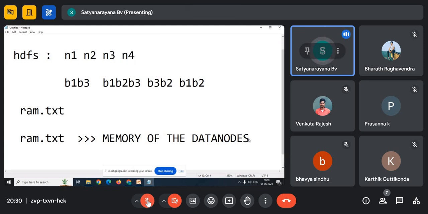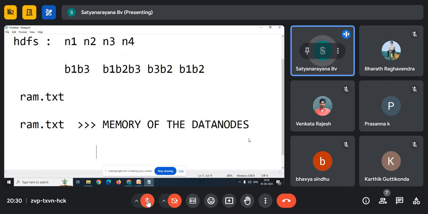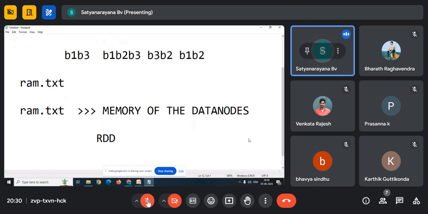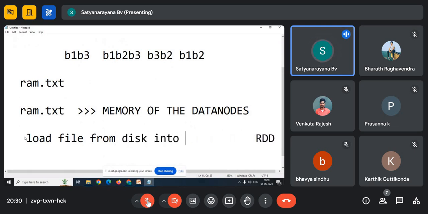So that is called an RDD. When you load the HDFS file from disk into RAM, into memory, that is called RDD.